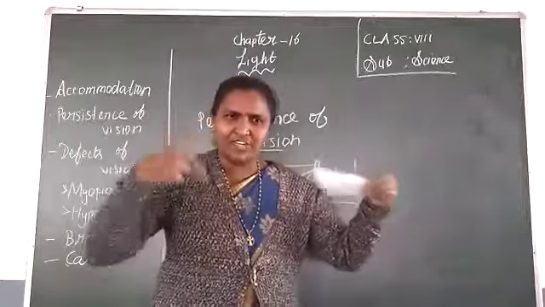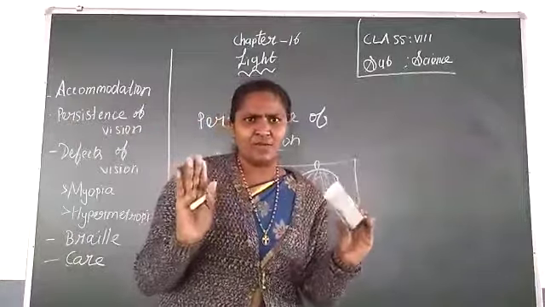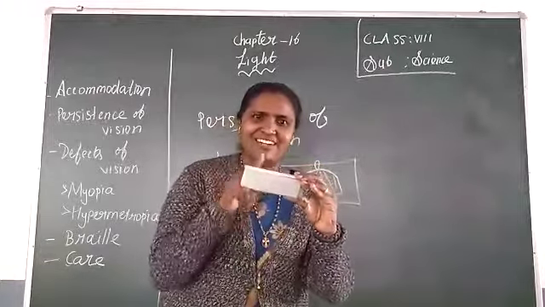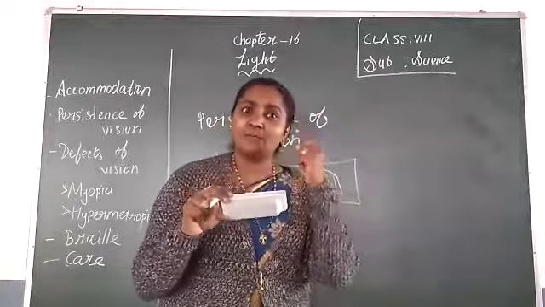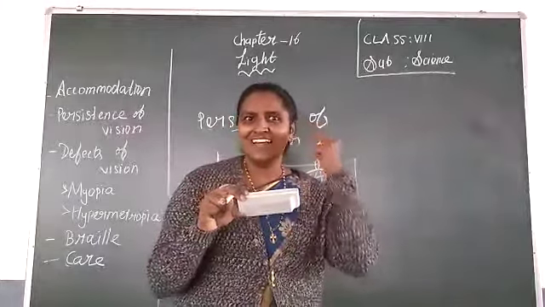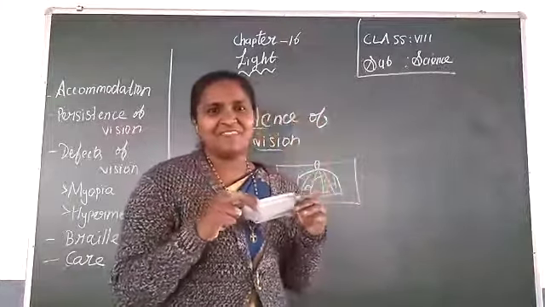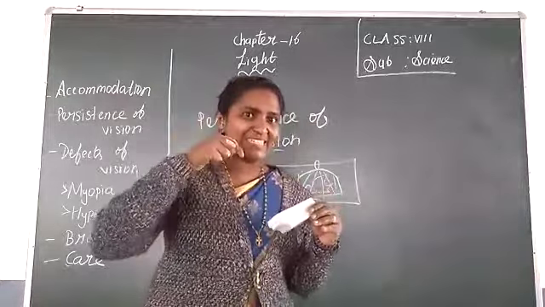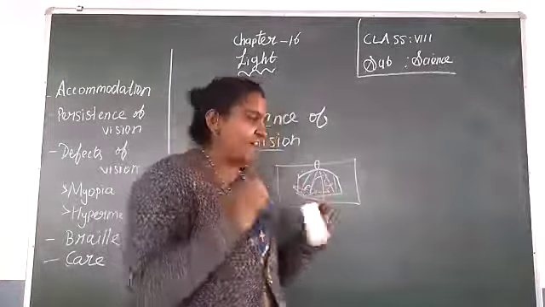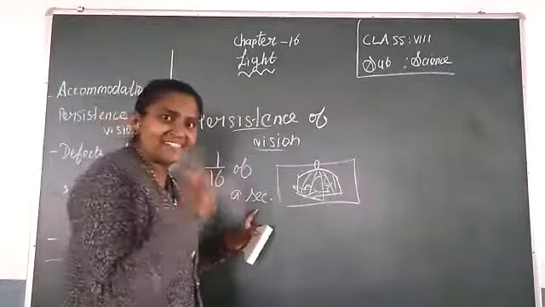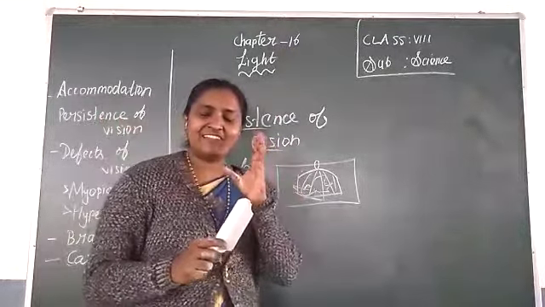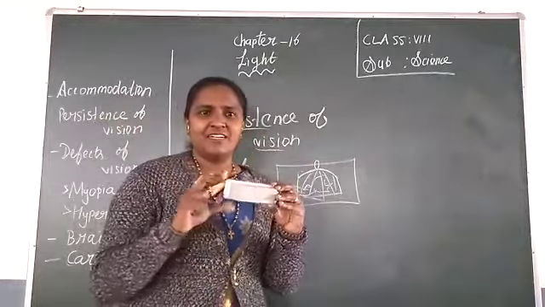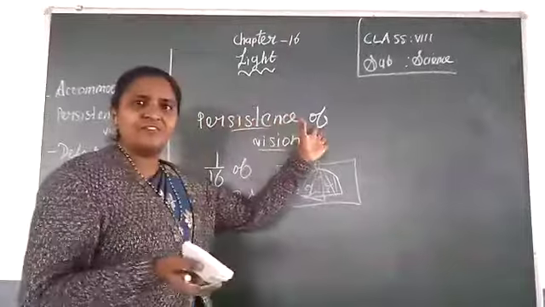We are rotating it very fast. After a few seconds you stop, and then you can see that even though it has stopped, the bird seems to be sitting inside the cage. This is because of persistence of the image in the eye, that is, the retina. The retina catches an image, and the image will stay for 1/16 of a second. This is the reason we see the bird sitting inside the cage. Understand? This process is called persistence of vision.